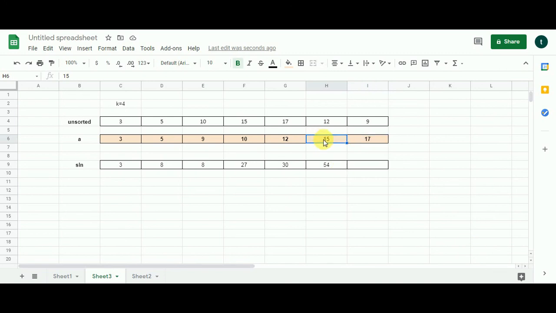So this 32 will be added to this 30, the value of the cell before the immediately previous cell in the solution array. 30 added to 32 is going to give me 62. That is one of the candidates. Between 62 and 54, which is greater? 62 obviously. So 62 is populated as the answer in the final cell of the solution array,